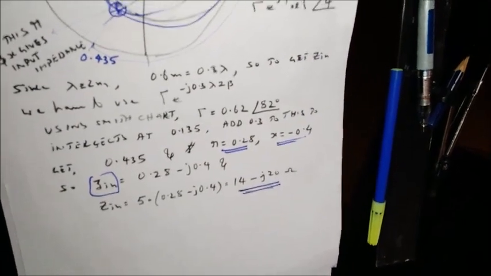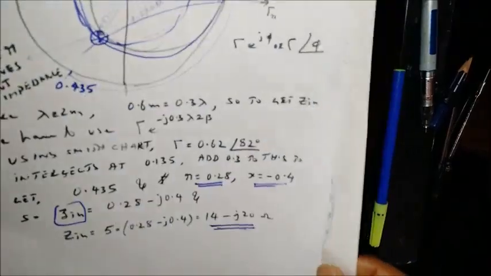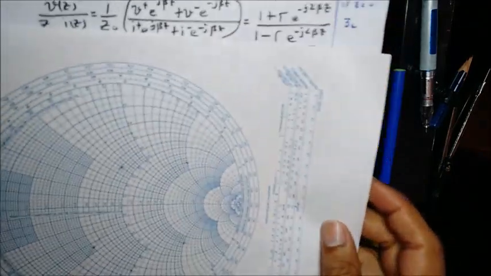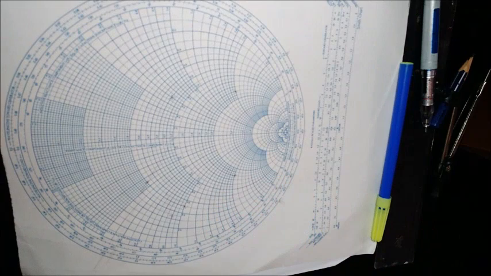Now, how do we do this on an actual Smith chart? Let us take the Smith chart now. So we have a Smith chart again here. You may have to use a different Smith chart for each problem, because sometimes you will draw so many lines that later on you will find it confusing.